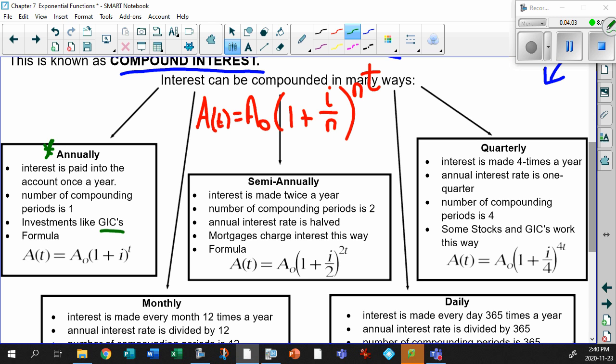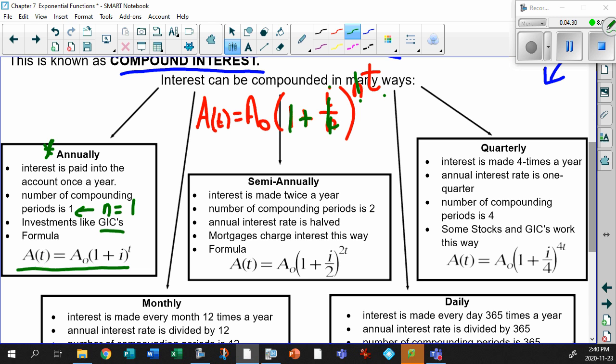Now, look at the formula. Think about this. If we're doing this once a year, the compounding periods is 1. That means your N equals 1. Look how this changes things. This is really cool how this changes things. If your N is going to equal 1, that means this N equals 1, which means if you think about it, this will be 1 plus your interest rate times T. That's what we got written down here.